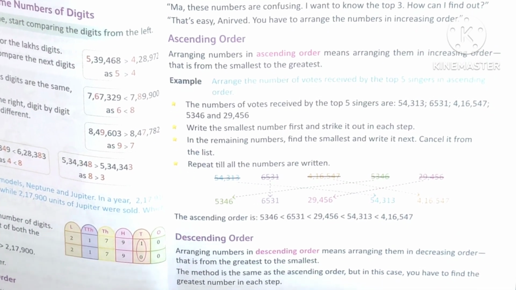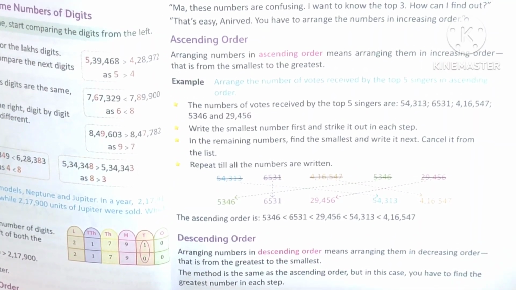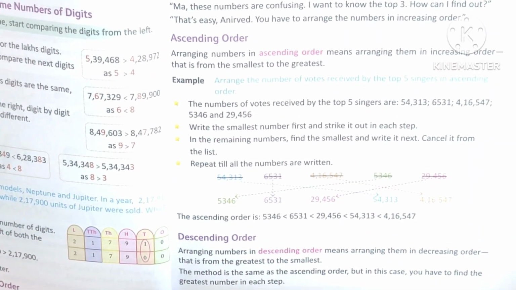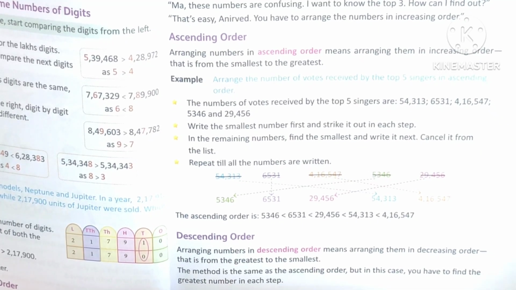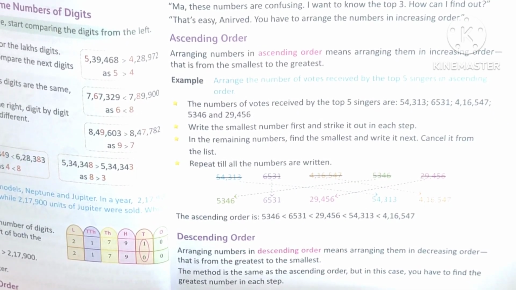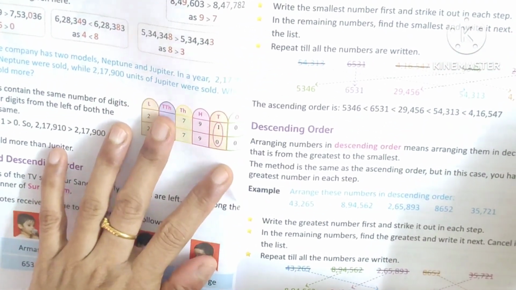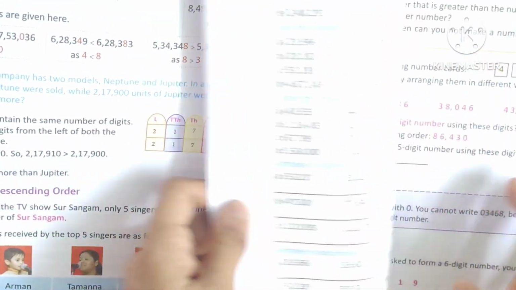Today we will see comparing numbers, ascending and descending orders. What is ascending order? Ascending order is arranging the numbers from smallest to greatest, and descending means arranging the numbers from greatest to smallest, biggest to smallest. Okay. Today we will see